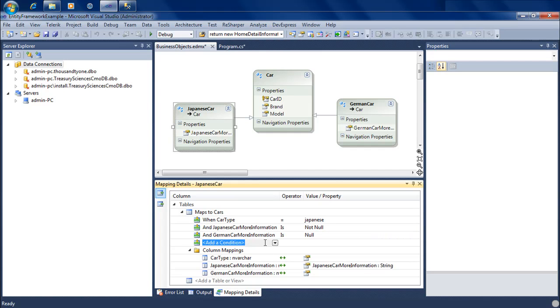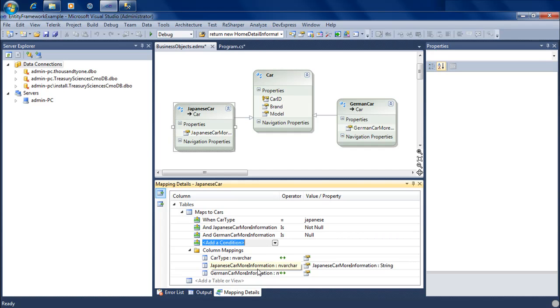So three conditions out here, very important: every time I'm using this entity, I want to make sure that the value of car type automatically becomes Japanese, the value of Japanese car more information field in that table is not null, and the value of German car more information field inside that table is actually null.